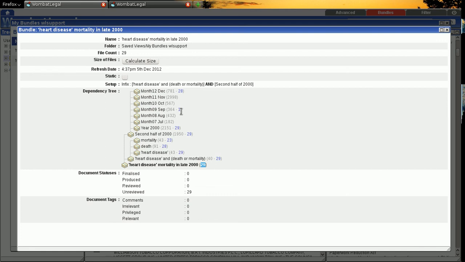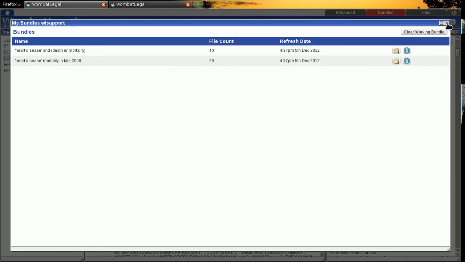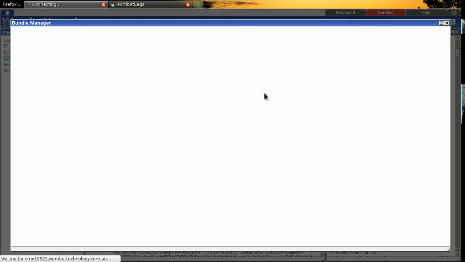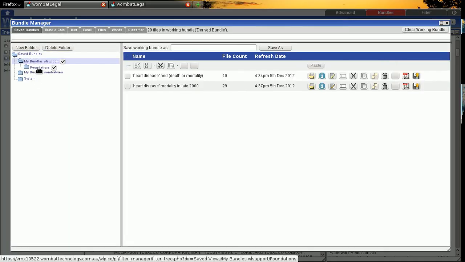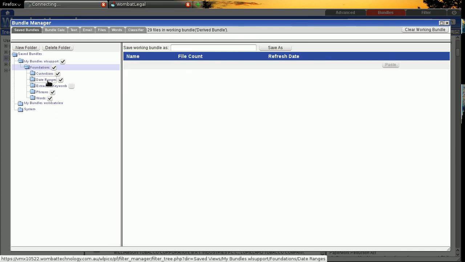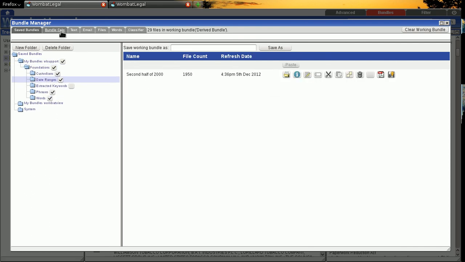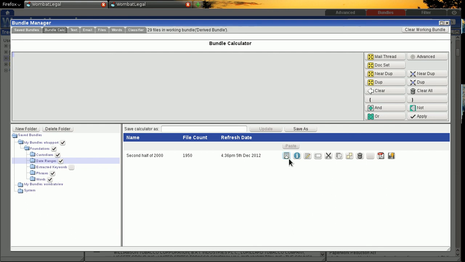So, for example, this one here only contains one document, but I'll eliminate it, and I'll eliminate 4 months and only leave November and December in the date range. And for the purpose of the exercise, that'll show you how to edit a bundle. So what I'll do is go back to my date range. In my foundations, here's my date range, and I want to edit this. So I bring up the calculator, go to the edit icon,